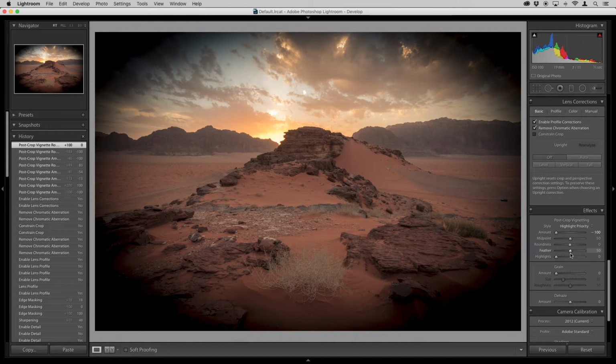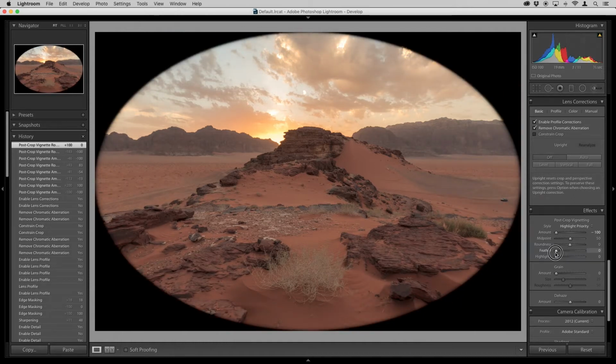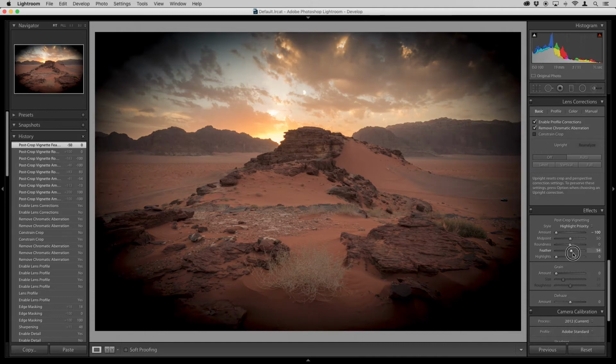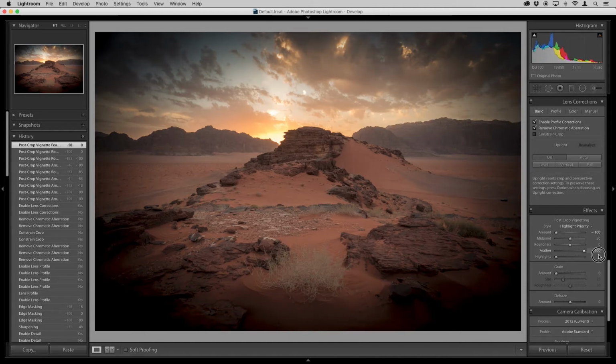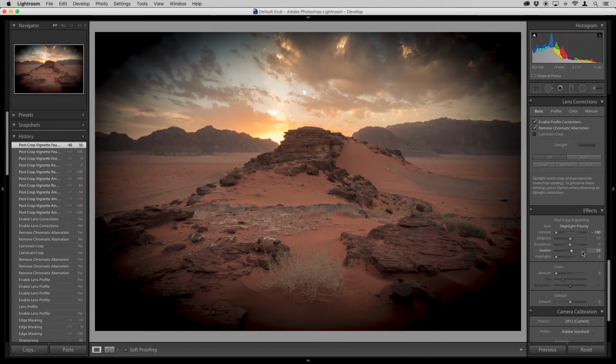So feather is something that we can also play with. And if I start going to the left side, as you can see, it's pretty clear what feathering does. It now takes that really smooth effect and then it focuses it down to a particular area. Again, I don't know why anybody would do this. If you go all the way to the right, then it's going to feather it as much as possible. So I'm going to return this back to, I think 50 is the default.